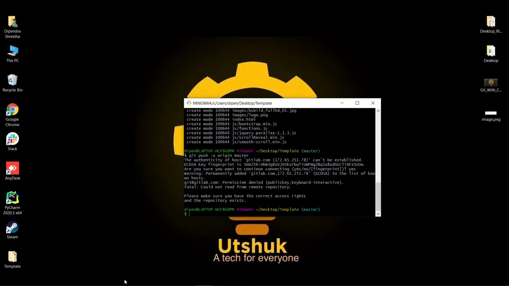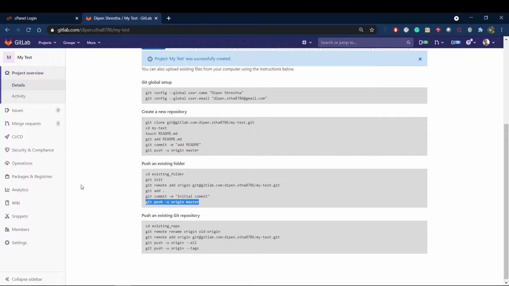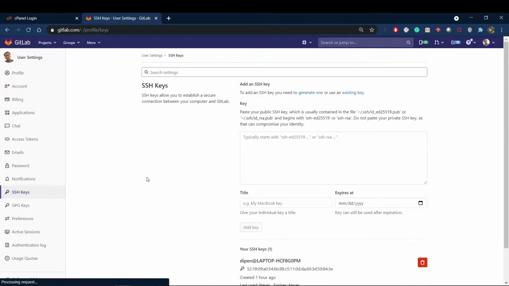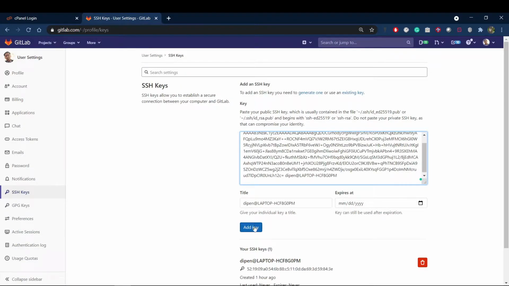After that, you need to go to your GitLab repository. Inside the preferences, and inside SSH keys, simply paste your public SSH key and add it.